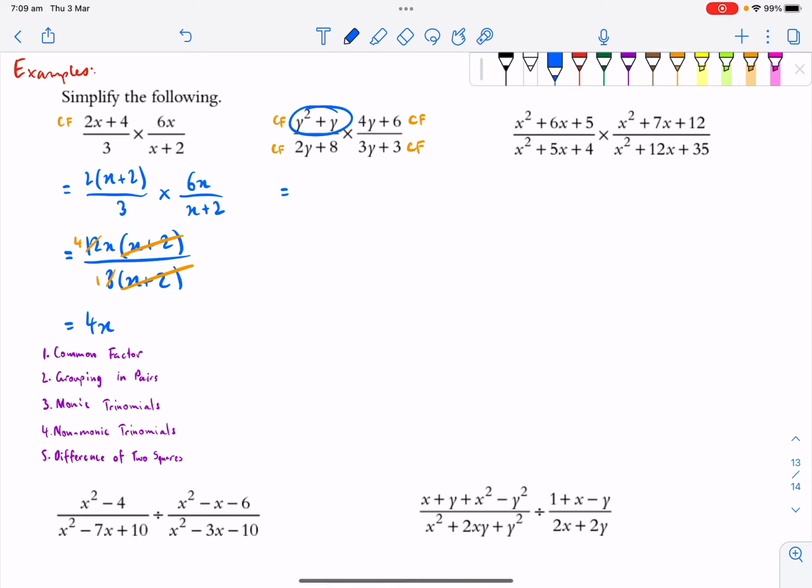So the first one, notice I'm going to look at everything like it's its own question. You're essentially doing 4 questions in one. All right, so here, what's common? We have y that's common. And remember, when you completely factor out a number, then you replace it with a 1 over 2y plus 4 times, here the common factor is 2y plus 3, and over here the common factor is 3y